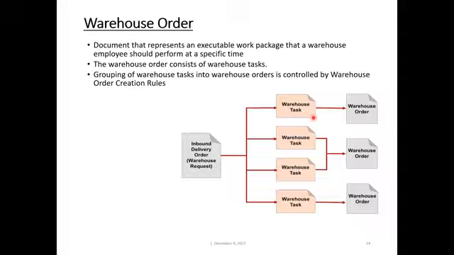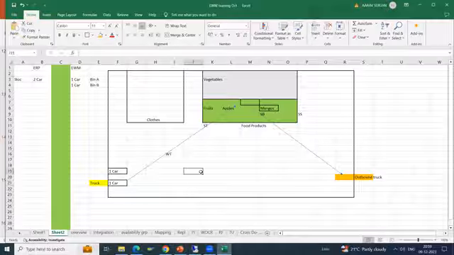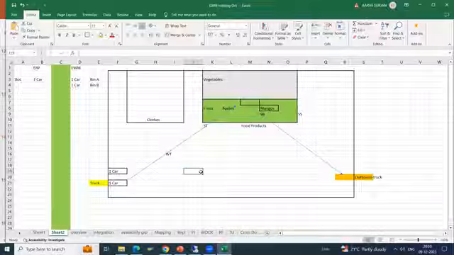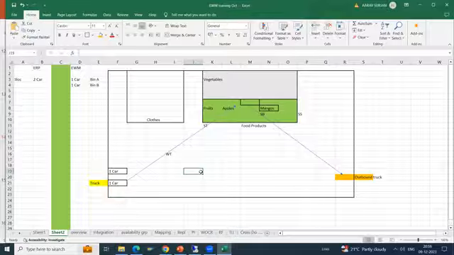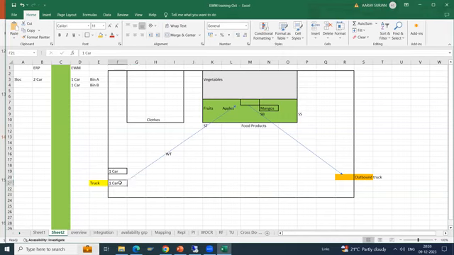It is just like if you have different resources. You have a forklift operator and you have a regular resource like you and me without any vehicle or forklift. If I am in the warehouse, then I have a capacity of only one carton. So the task will be created for one carton and the order will be created, having this task, and the order will be assigned to me.